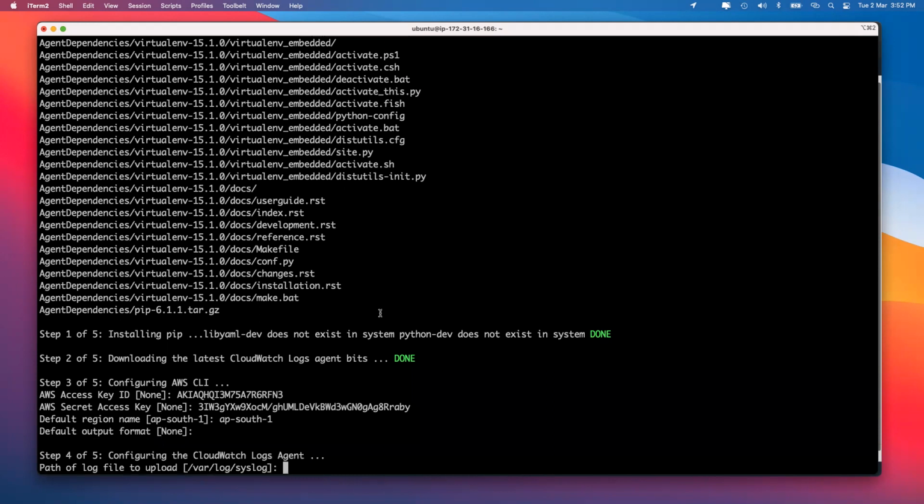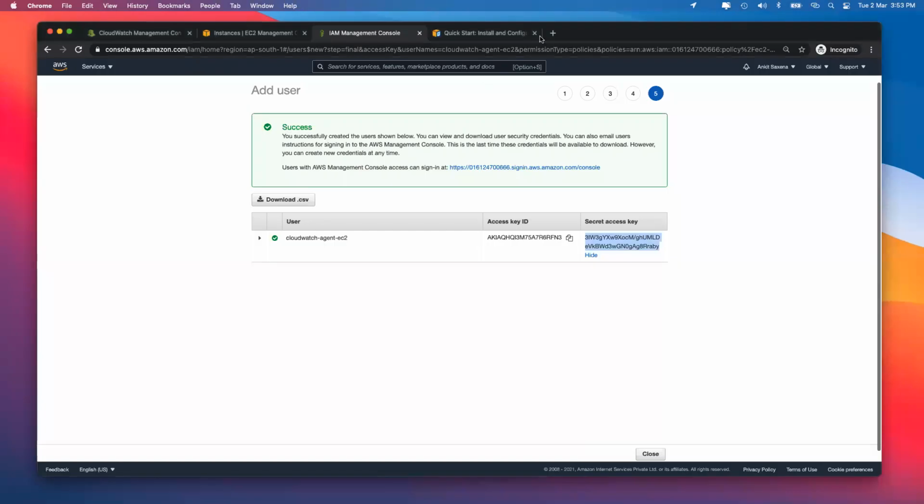And the moment you click on next, it is asking what is the log file that you want to upload at this point of time. There are two things. If you want the detailed logs of your operating system or of your machine or of your instance, whatever you might term it, in that case, you can just press enter. However, there are various scenarios in which various logs are kept for various applications. So now the thing that we are going to talk about right now is the application logs. In case of application log, you don't have to do anything out of the box. The only thing that you have to do is give the folder location of that particular application log. So let's take an example.